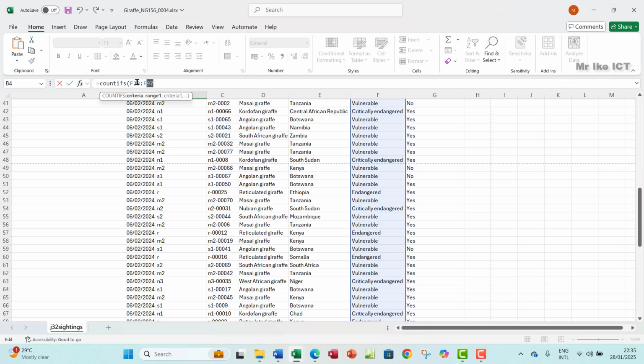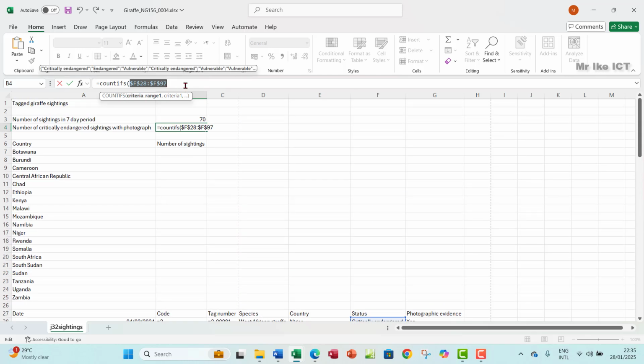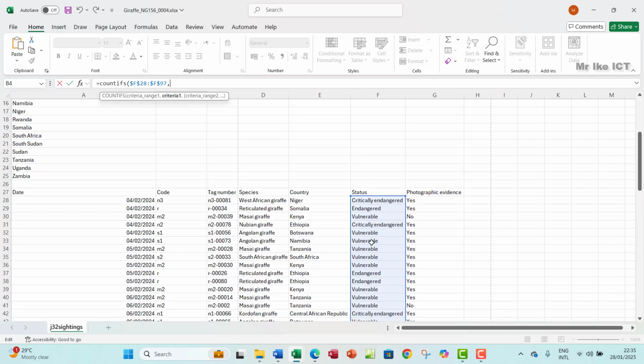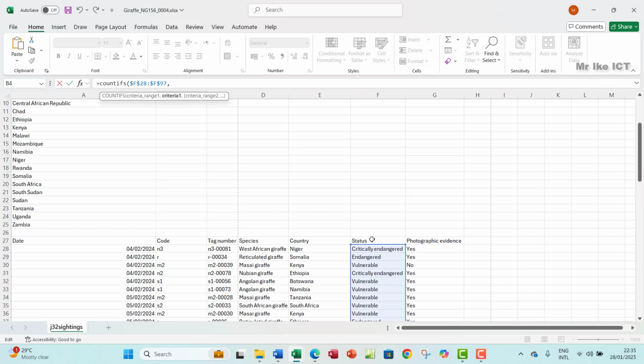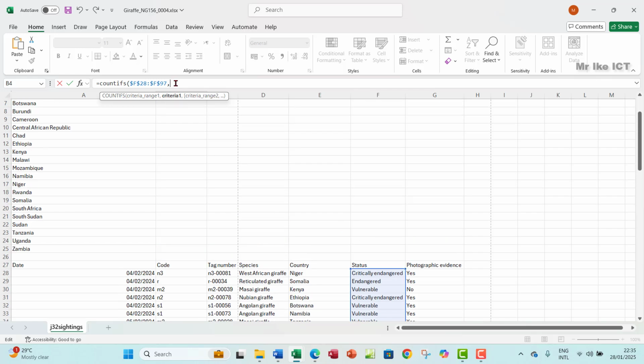So what I'm going to do, I need to lock them. So I press F4 to lock them, right? And then comma. So Excel is nice enough to ask us about the criteria. So for this particular column, the criteria that I want is actually critically endangered. So you want to write it as a string here. So I'll write critically endangered here. So that will be the criteria for the first